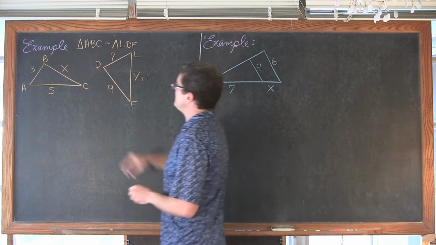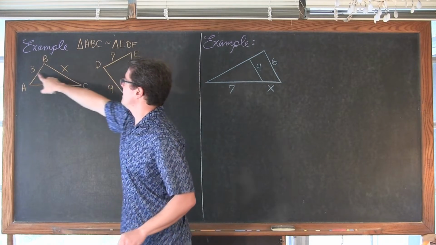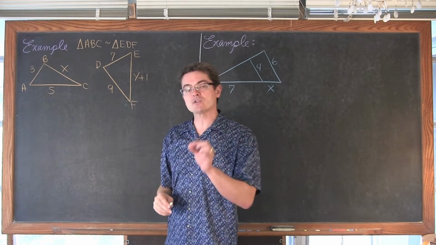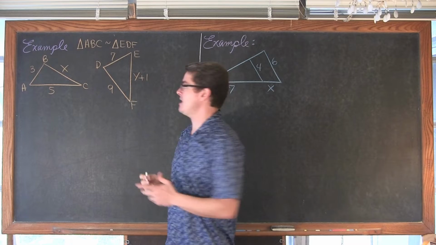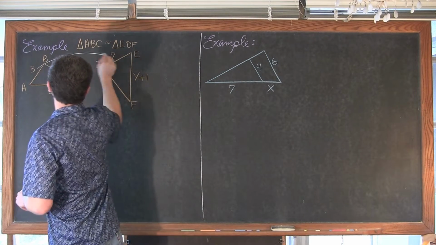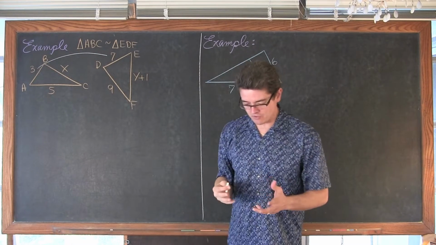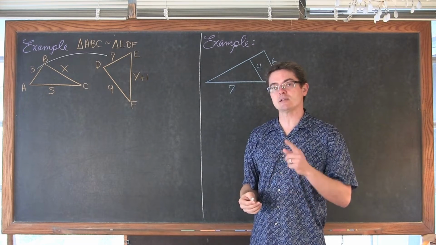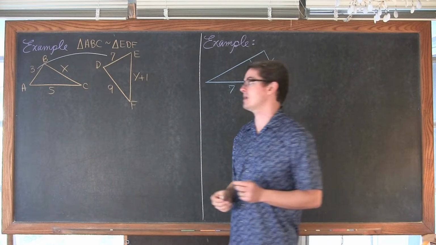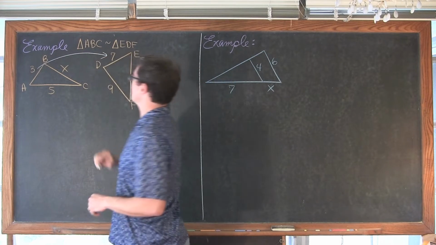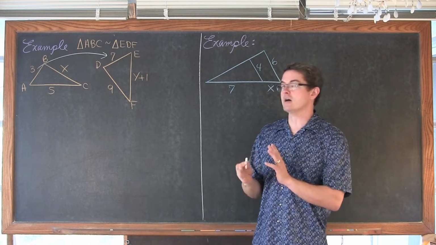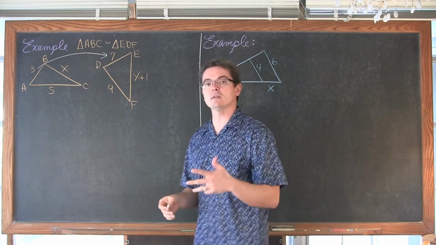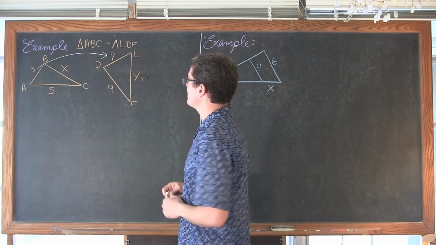Now, if I look at AB and I look at ED, AB is a length of 3 and DE is a length of 7. So I actually know both of those corresponding lengths, and that is how we're going to begin setting up our ratios to solve this problem. As I set up my ratios, if I don't go in the same direction as I set up each of my fractions, then I'm going to get wrong answers. So I'm going to show a little arrow here indicating I'm going to connect the sides of 3 and 7 together, and I'm going to do all my ratios going from left to right to make sure that I have them set up with the same pattern and I get the right answers.